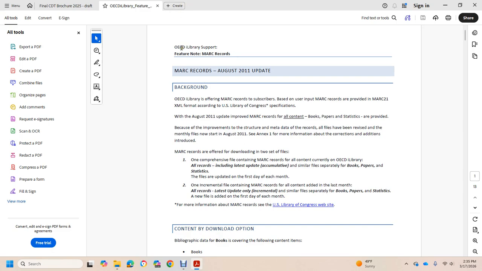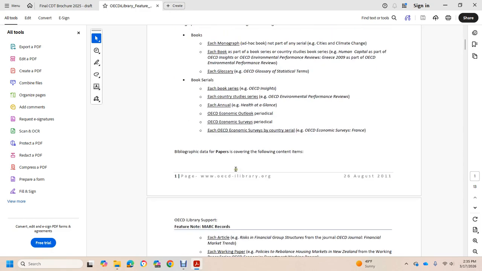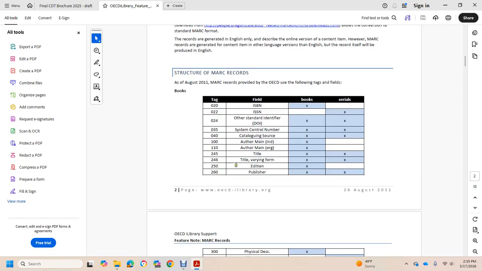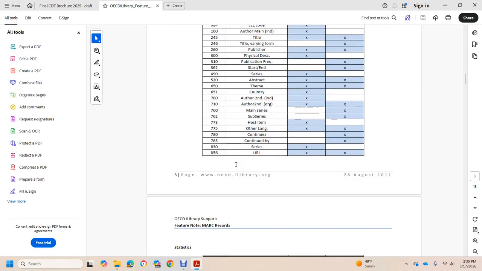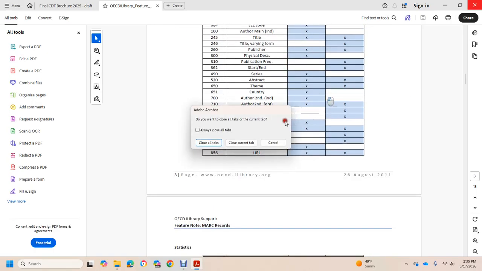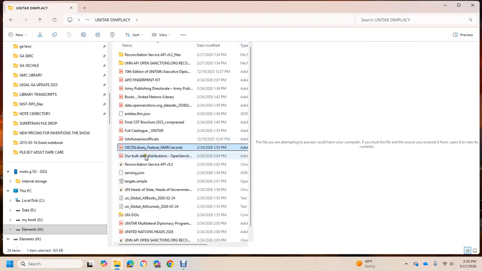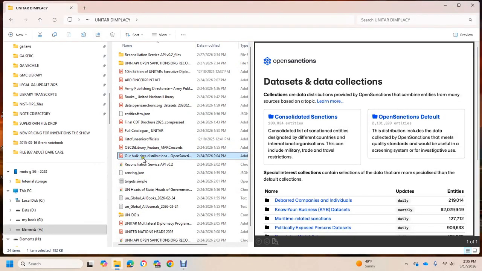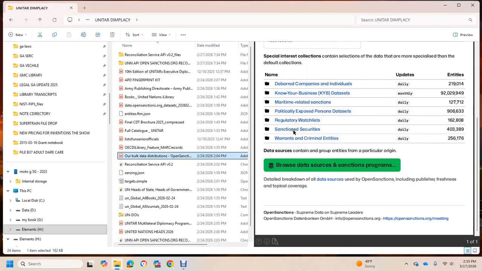This is the OECD Library, Marc Records, Content Books. Open sanction data selection shows maritime regulatory watch, warrant criminals, debar companies, individuals known in your business, maritime related sanctions, regulatory sanctions, securities,